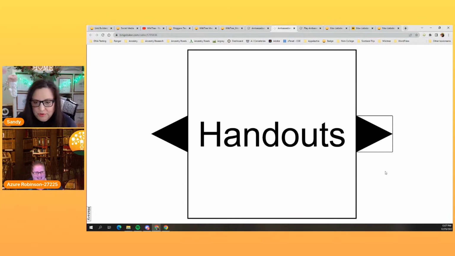There we go. Handouts, and we talked a little bit about this. You have the reunion handouts, but you also have some information and presentation handouts for presenters if they're presenting. That's just a gold mine. Everybody can speak about WikiTree on a general level based on these handouts, and then they can add in their unique experiences if they're presenting.